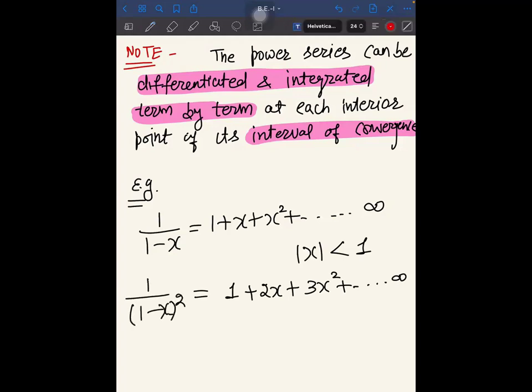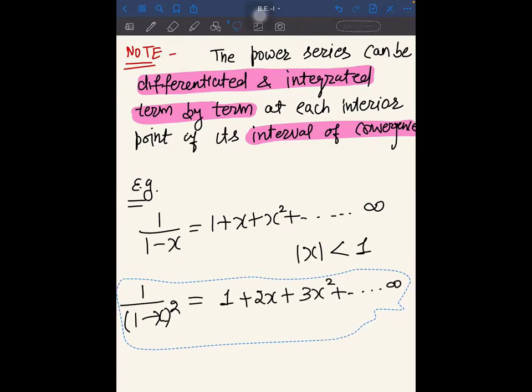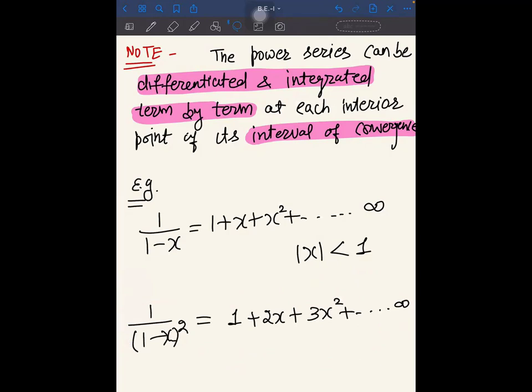So all I want to say is that I can also find the sum of this series just because it is a power series, and we are doing it within its radius of convergence by differentiating with respect to x on both sides. Probably a few of you have done this kind of question.